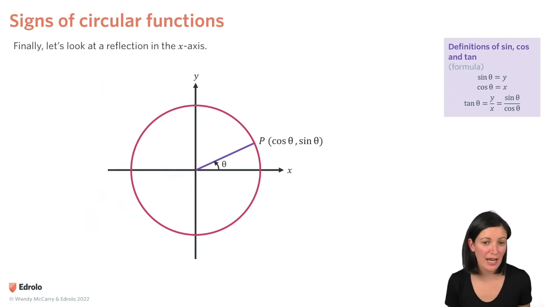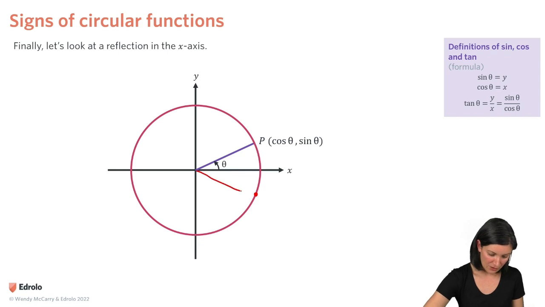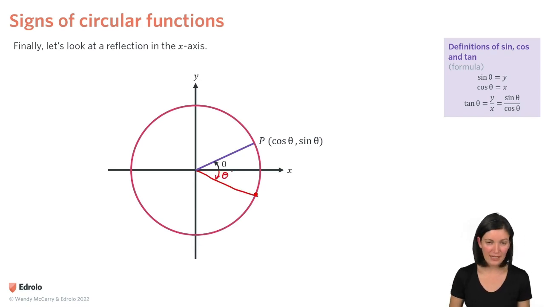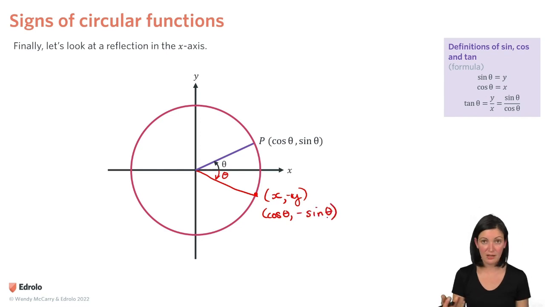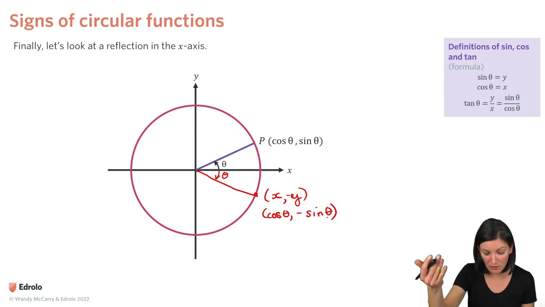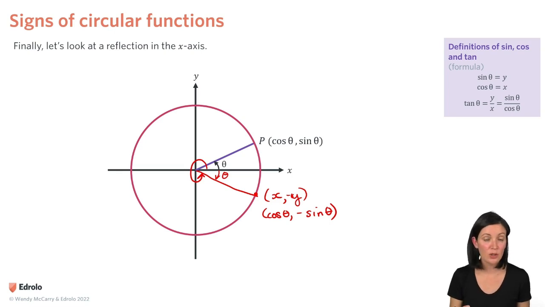Finally, we're going to look at quadrant 4. If I reflect my point P here, I'll draw in my angle. That little bit there is theta. Now this is going to be a point where x is positive, but y is negative. So the cos of theta is positive, but we have the negative of sine theta. But if we think of that angle another way, if we measure that angle from the x-axis, that is the angle 2 pi